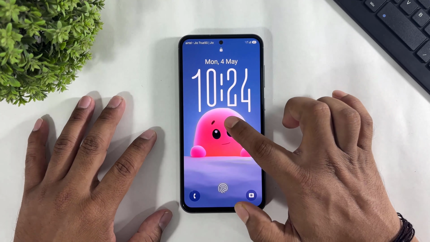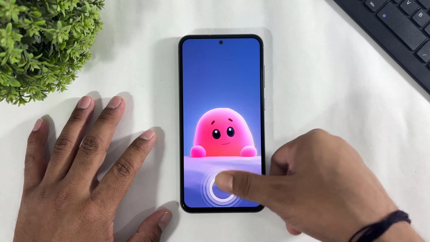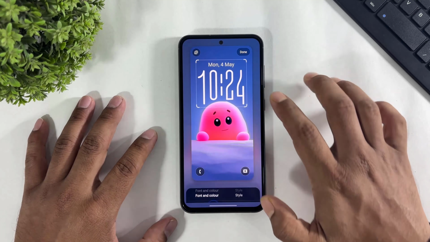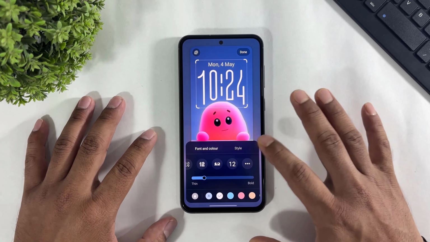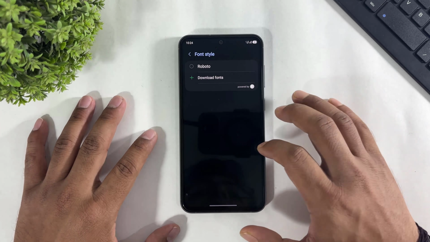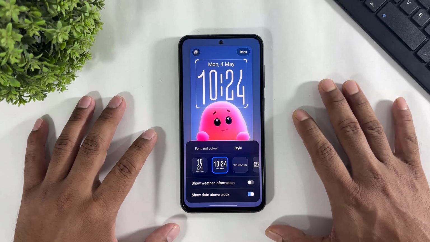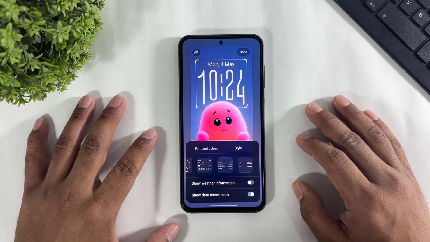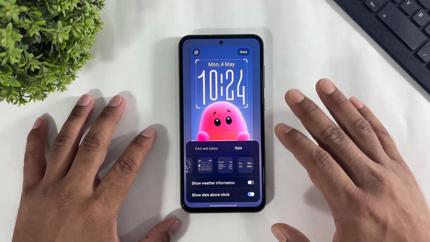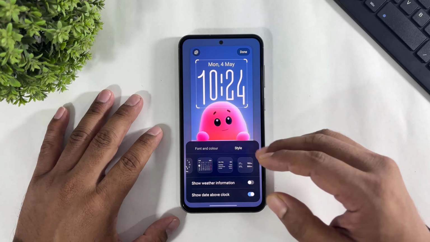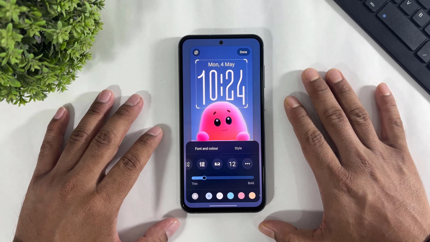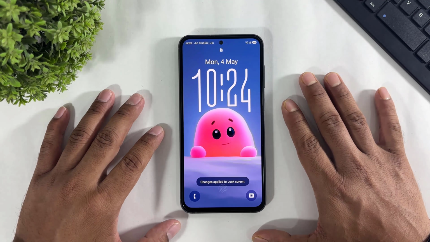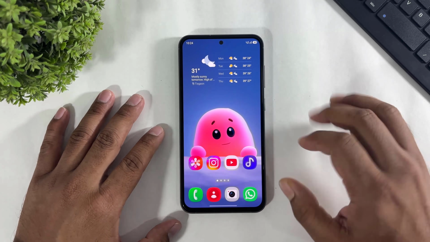After the 1.8.5 update, many people ask me about clock faces. Guys, if I edit lock screen and change the clock font like this, look at this. The clock face is missing in edit lock screen. Look at this in style. Clock faces are missing after the 1.8.5 update, and many people don't know how to enable these new clock faces on 1.8.5. So today in this video, I'm going to show you how to enable these 1.8.5 clock faces on your Galaxy